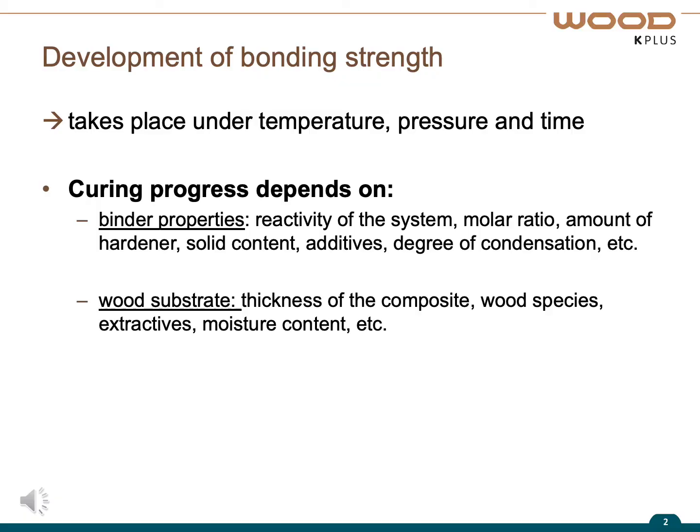So, the development of bonding strength of a thermosetting adhesive generally takes place during the curing process under the influence of temperature, pressure, and time. The curing process itself strongly depends on two different properties, the properties of the binder and the properties of the wood substrate. Focusing on the binder, some properties such as the reactivity of the system, the molar ratio, the amount of hardener and the type of hardener, the solid content, additives, or also the degree of condensation are important. For the properties of the wood substrate, thickness of the composite, the wood species, some extractives, and also the moisture